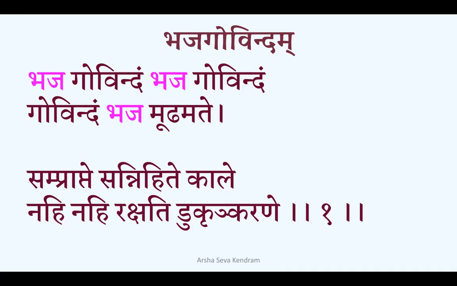So when Adi Shankaracharya sees this, he gets very angry and says, hey Mudhamate, you fool, Samprapte Sannihite Kale, your time to go is approaching. He's an 80-plus-year-old man. When the time to go is nearby, nahi rakshati Dukrum Karane, by doing Dukrum,